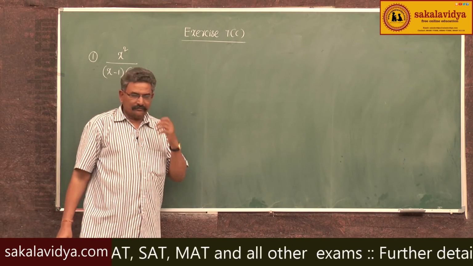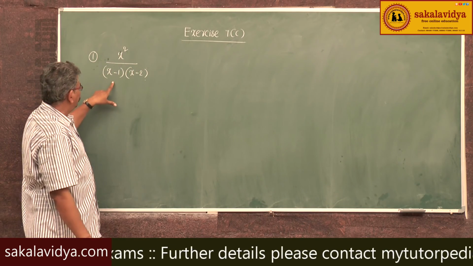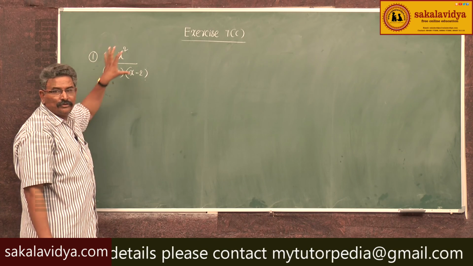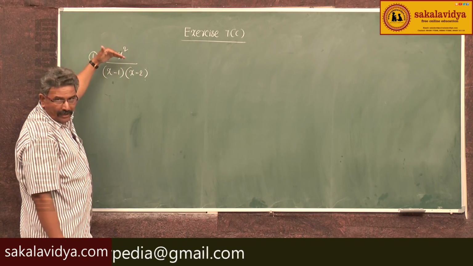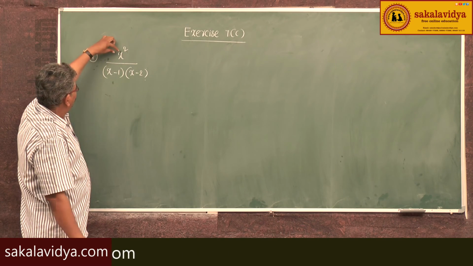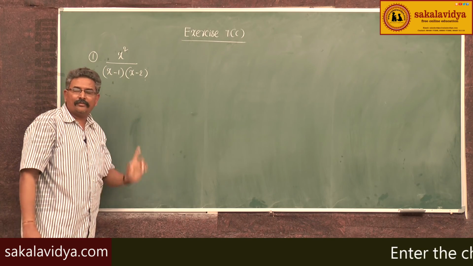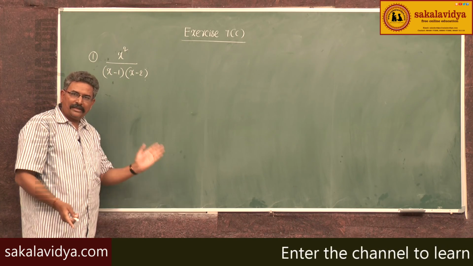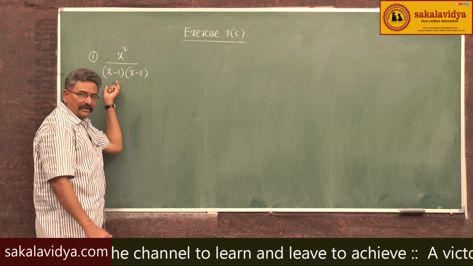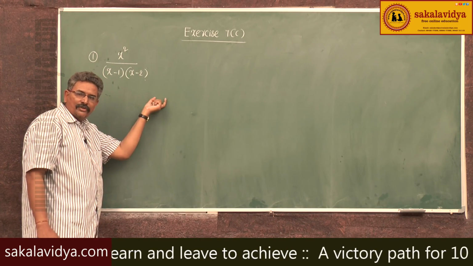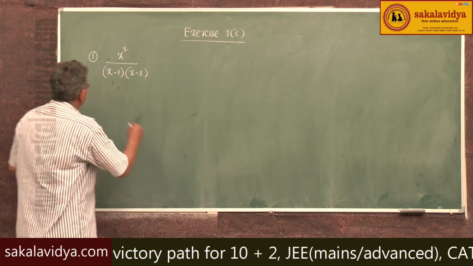See, in this problem, the degree of the numerator and the degree of the denominator are both the same. So, this is an improper fraction. If you divide the coefficient of the numerator by the coefficient of the denominator, we get 1, plus, and we have to write the existing partial fractions for x minus 1 and x minus 2 using rule number 1. So, let us solve the problem.